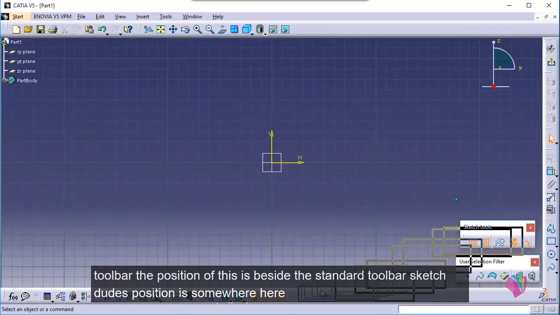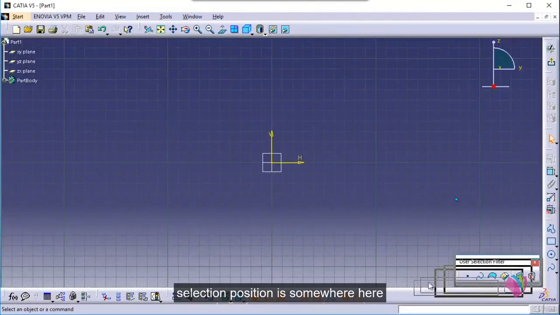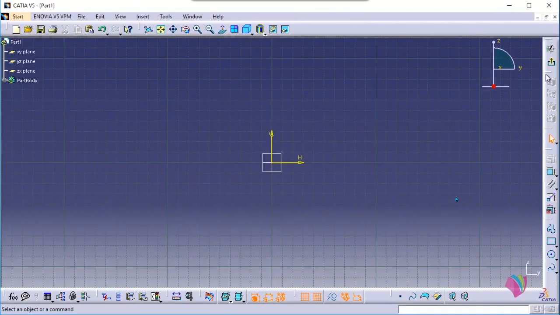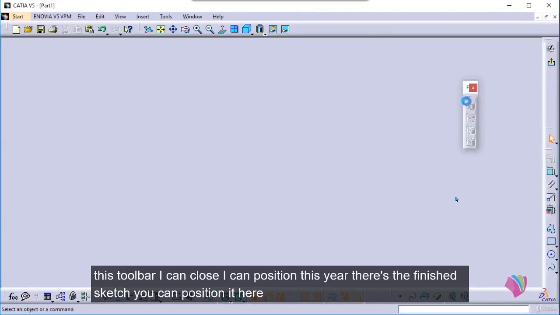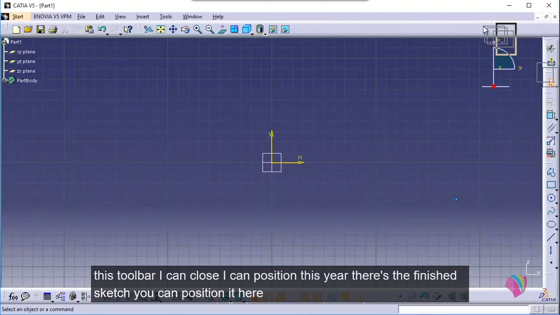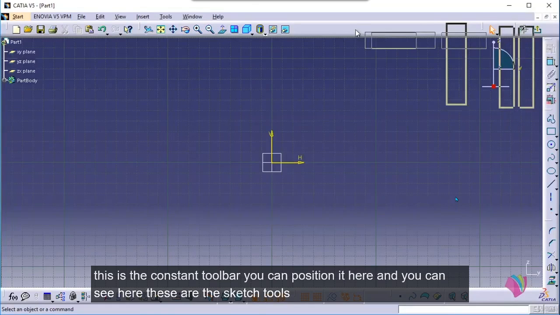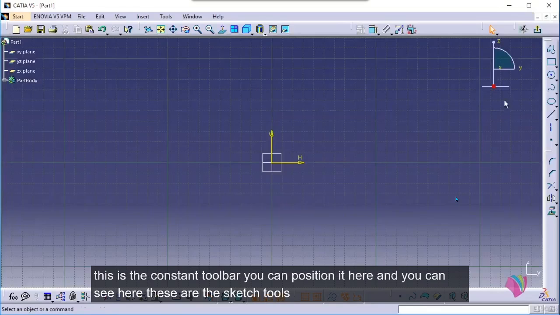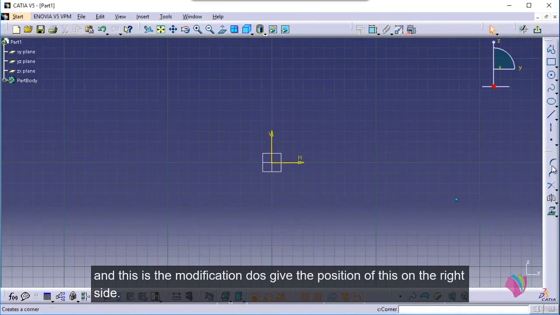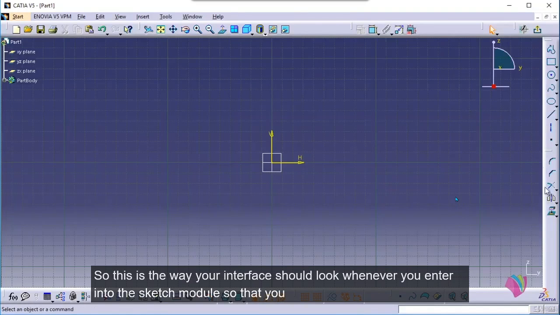Sketch tools position is somewhere here. Selection position is somewhere here. This toolbar I can close. I can position this here. This is the finish sketch. You can position it here. This is the constraint toolbar. You can position it here. And you can see here, these are the sketch tools and this is the modification tools. Keep the position of this on the right side. So this is the way your interface should look whenever you enter inside the Sketcher module, so that you can